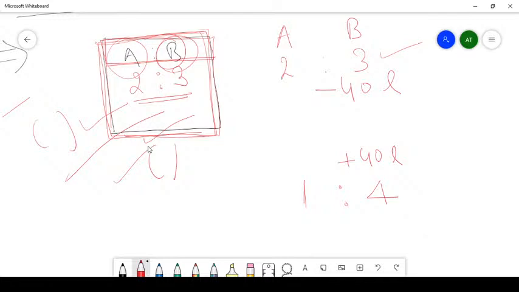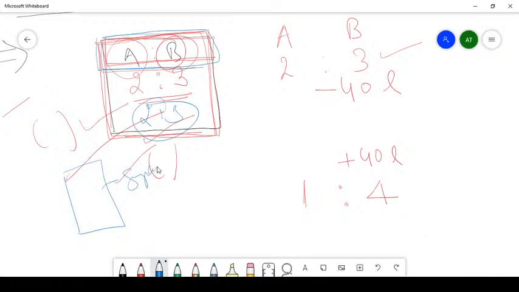Now again he says that he withdraws the 40 liter mixture from this. Then if I withdraw the 40 liters of the mixture, the ratio is going to be the same. The ratio is going to be the same, that is 2:3 only. How? Suppose that we have a mixture of sugar and water, and if you taste the mixture from this portion, or from this portion, or from this portion,